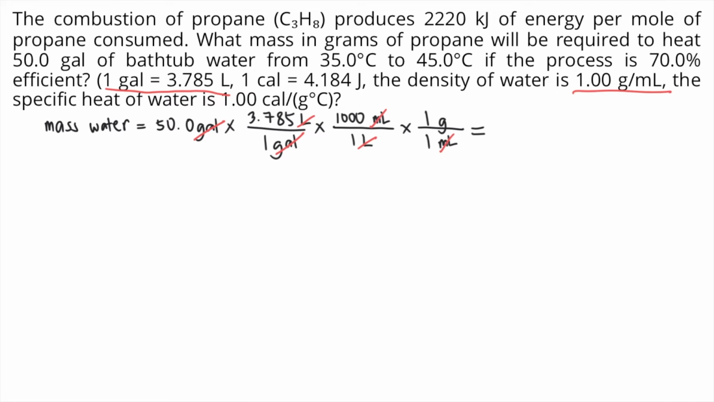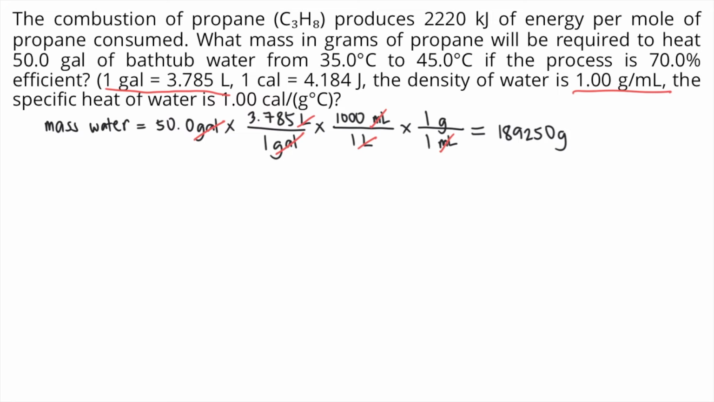And if you solve the mass of water, that's 50 times 3.785 divided by 1 times 1,000 divided by 1 times 1 divided by 1, that is equal to 189,250 grams of water. So don't be shocked if the value is too large. Remember, this is a bathtub of water, so you expect a large mass of water. Okay, so now that you have the mass of water, next you need to solve for